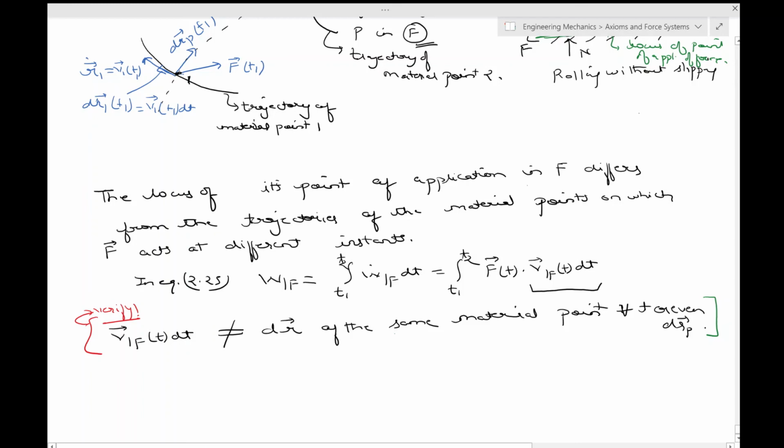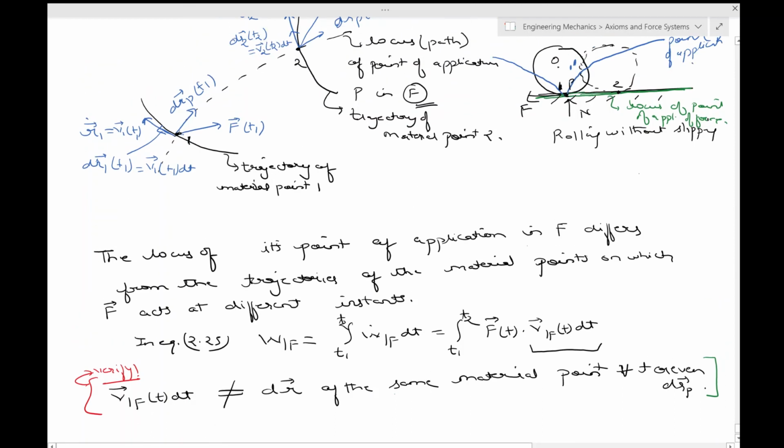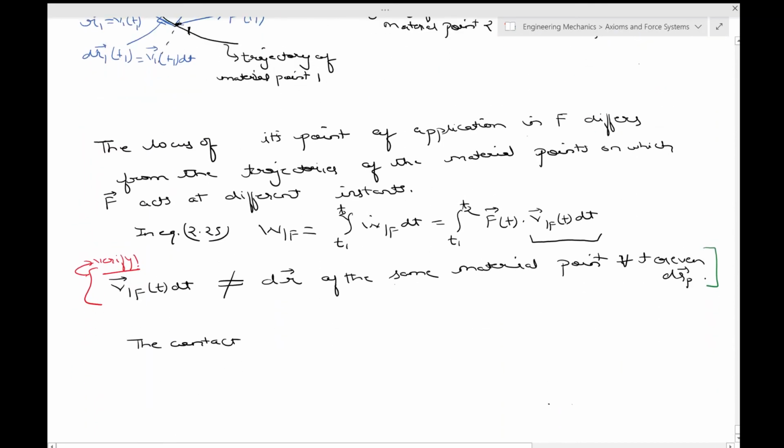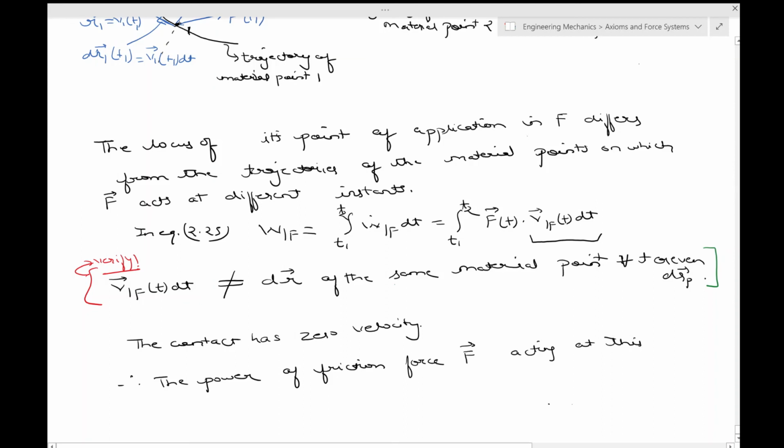Okay, so the contact point, this contact point over here, this one or P, has zero velocity in rolling without slipping, and you know that it's also called the instantaneous center of rotation. Therefore, the power of friction force F acting at this material point is 0